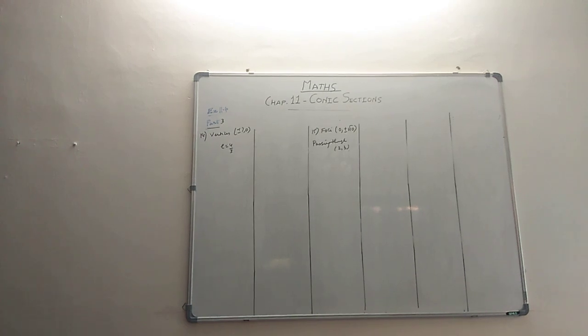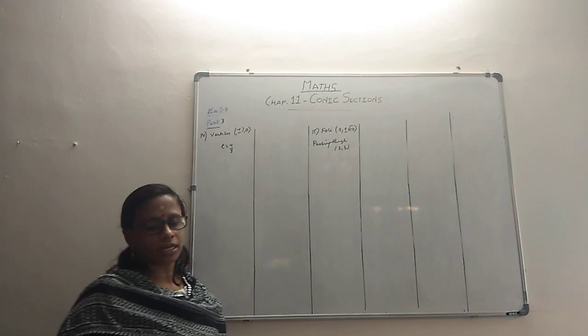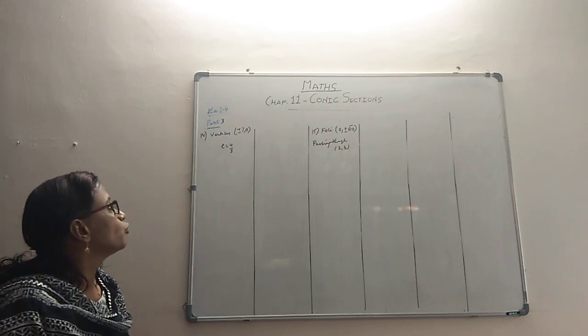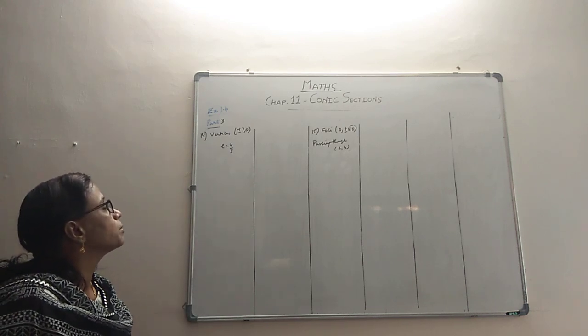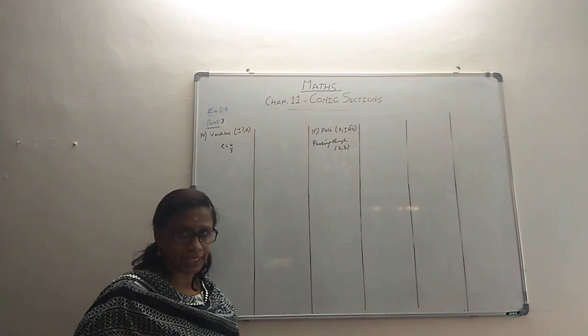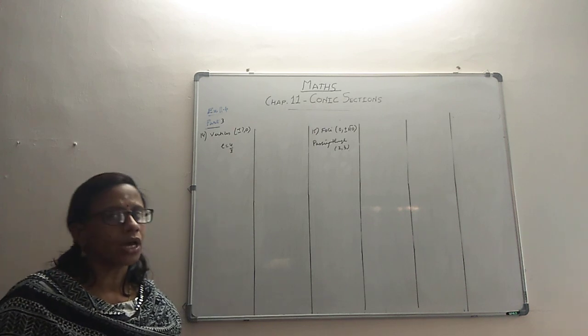So we come to the part 3 video of the exercise 11.4, and this is our concluding part. Couple of problems just left to solve. In the 14th problem, they are telling us that there is a hyperbola whose vertex is plus or minus 7, and whose eccentricity is given as 4 by 3. They ask us to find the equation of the hyperbola.